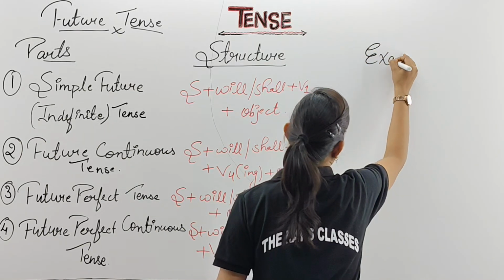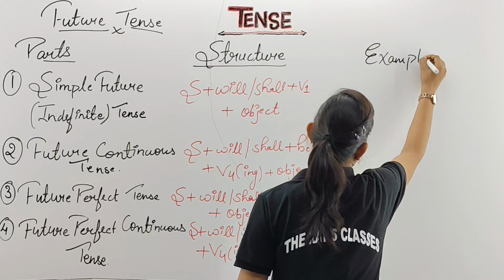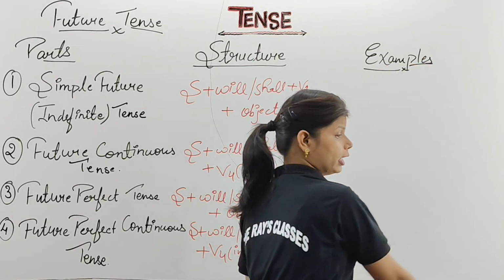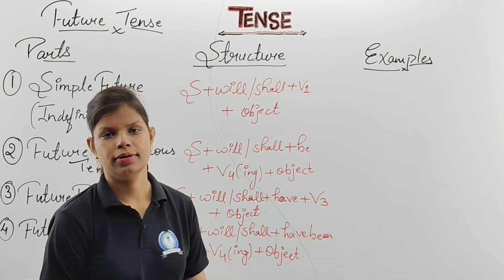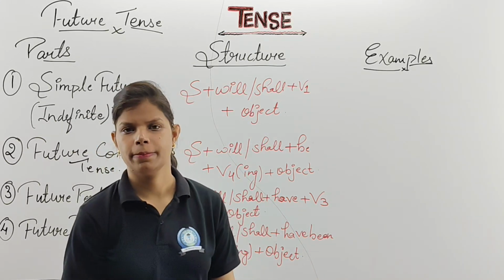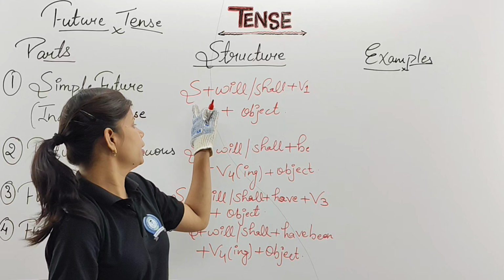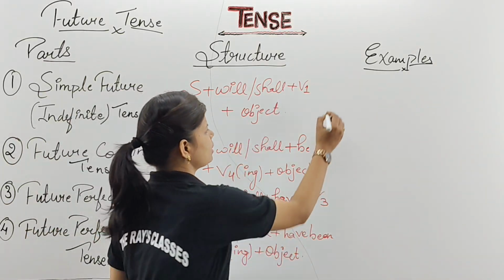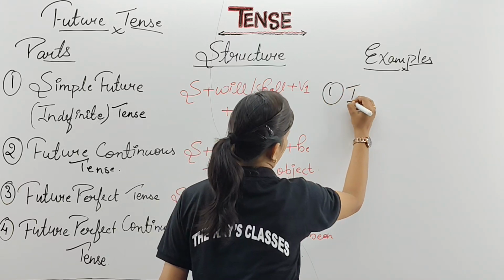Example. In some of the books, along with I, will is used. But in some of the books, along with I, shall is used. I shall, to take the permission. Clear? Like for example here, I will or shall. We have to choose any one. Like first example, I shall